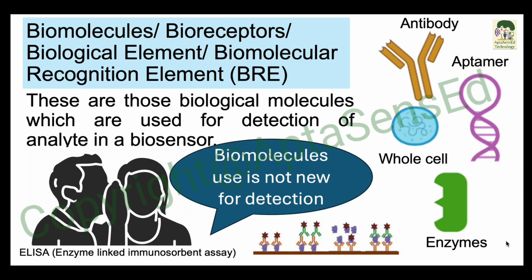So, the idea behind ELISA and biosensors is the same, that we are going to utilize different biomolecules for detection of the analyte. In ELISA, only antibodies were used for detection of the antigen, but in the case of biosensors, you have different types of